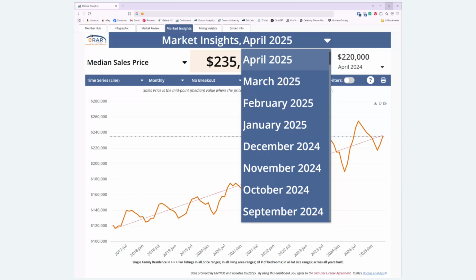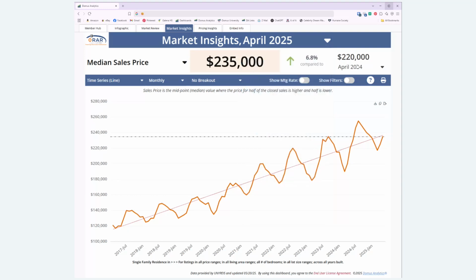You don't have to worry about printing and saving everything so that you always have that. You can always go back and see. And the benefit of going back rather than printing these out is that you will always, again, have the most updated data. Now, right over to the right here, I have the April 2024 month, which is what we are